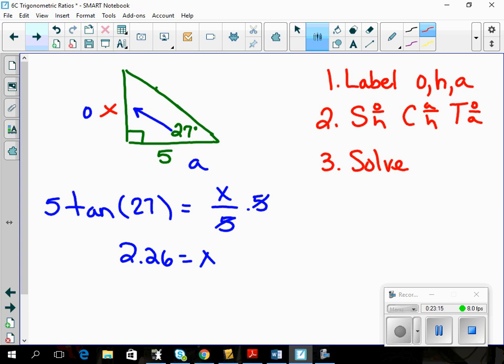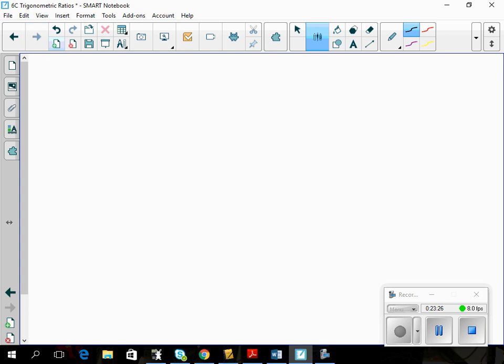So let me do one more thing with you, and then I'm going to have you guys practice, okay? The only thing that may get difficult is if the x is not in the top. Let me show you what I mean. If I have the cosine of 25 degrees is equal to 3 over x, let's just say that I